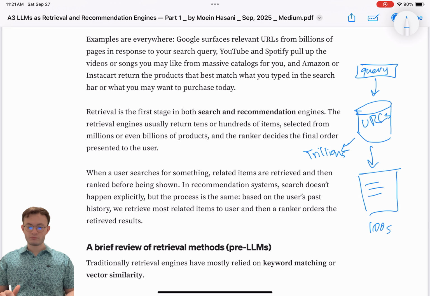And this is whether Google search or YouTube videos, where you go and search on the YouTube query bar, like, hey, I want videos related to LLMs and recommendation agents or something like that. This is Spotify, Amazon, Instacart, anywhere you go, basically you want to search and there's a large possible set of items. You want to only get the most related ones. That's where retrieval comes into play.